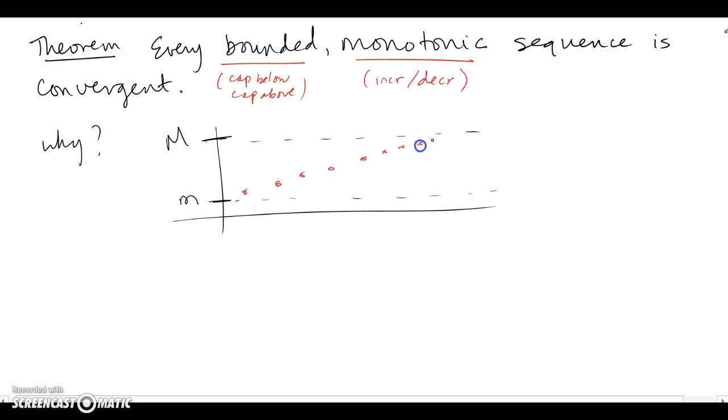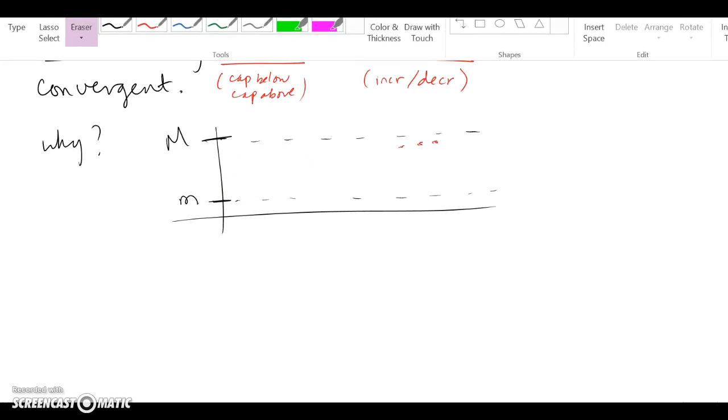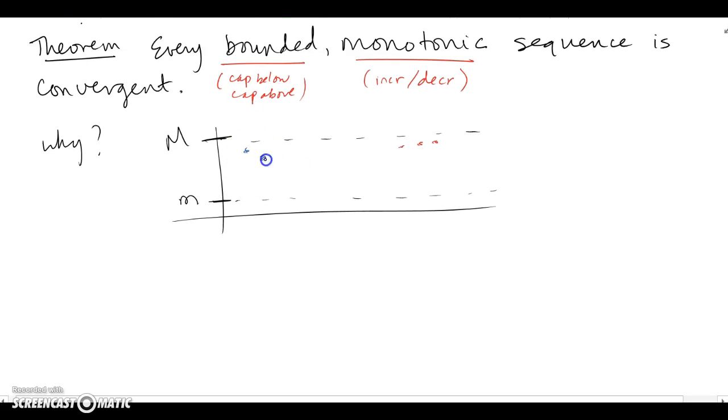Well, if it does that and it's bounded, it has no choice but to converge to something because it keeps increasing. Or if it's monotonic and it's decreasing, you have your terms of the sequence that go like this. So eventually, they have no choice but to converge to some lower value. It basically gets trapped. Every bounded monotonic sequence causes your sequence to creep up and converge to something, or just go down and converge to something.